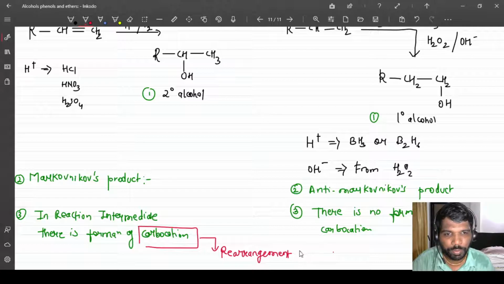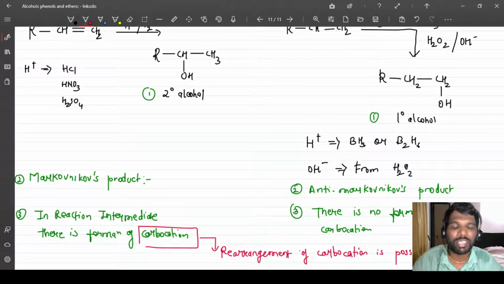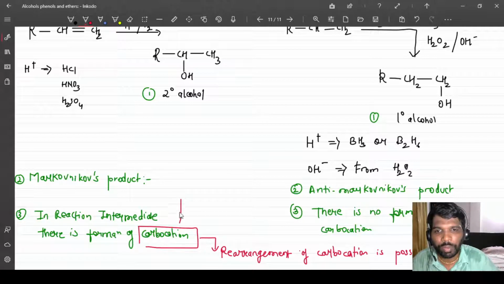Rearrangement of carbocation is possible. To understand rearrangement of the carbocation, you are going to learn about something called hydride shift,